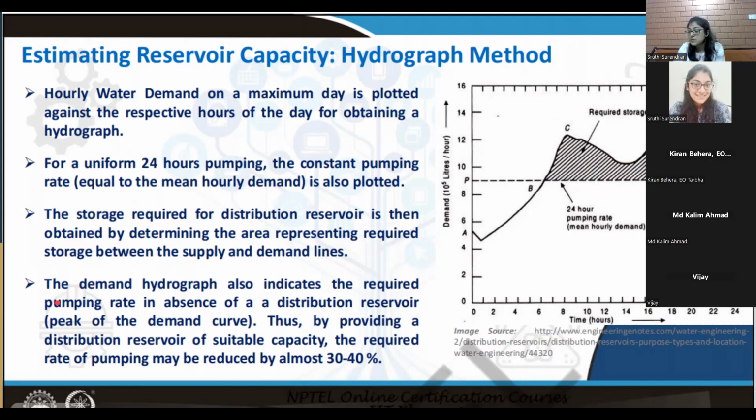Now in the coming problems, there's one balancing storage method also. That also we'll look into, how it is done for estimating the reservoir capacity. So here the answer would be